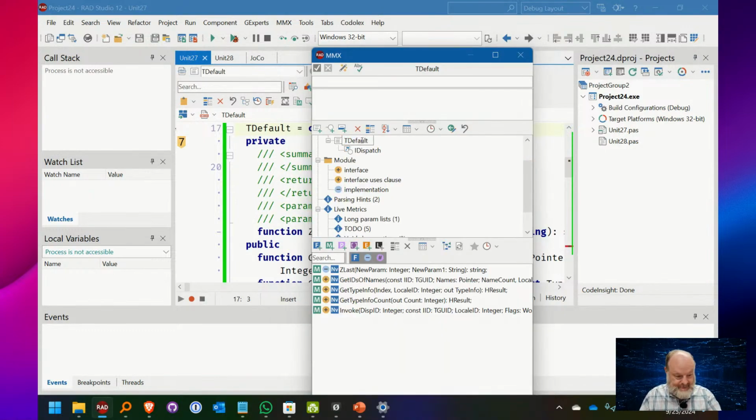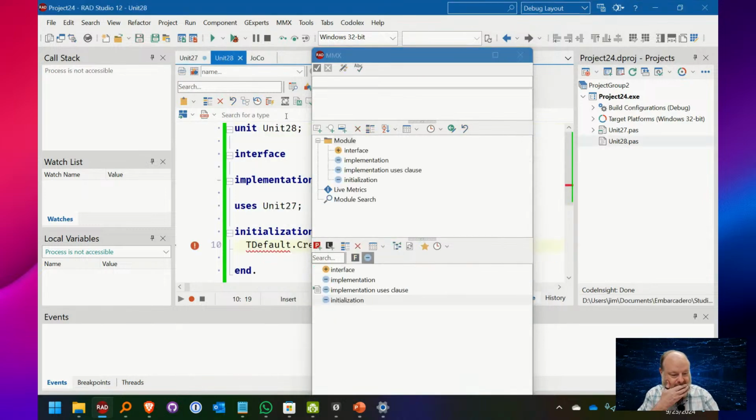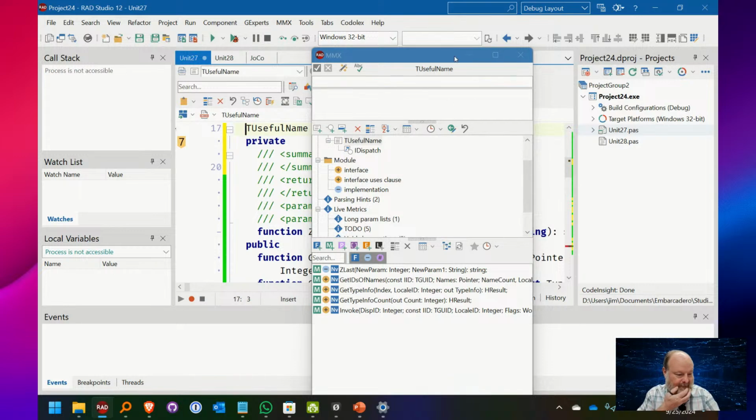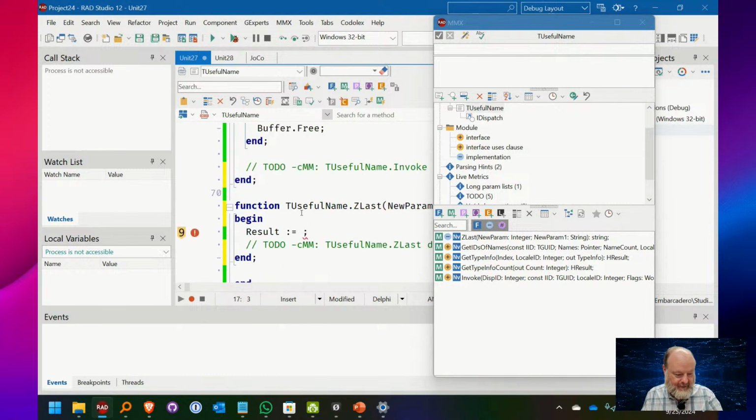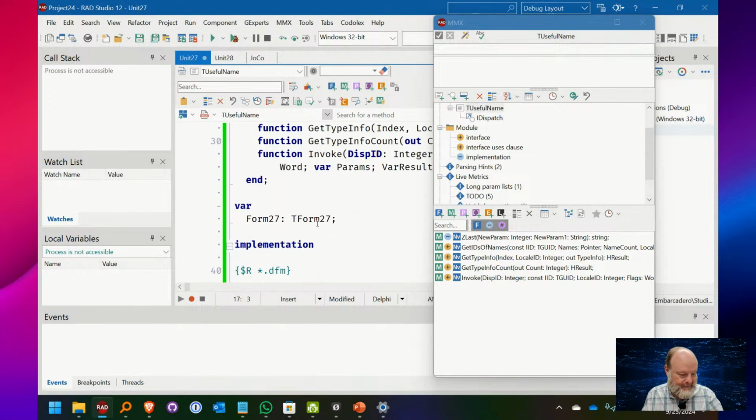All right, so let's do this again. Oops. Full name. Man, I can't type. Useful name. And I go over here. It didn't update it. Why didn't it update that? All right. It was updating for it before me. I did something wrong there, but you can see it updated everywhere here automatically.